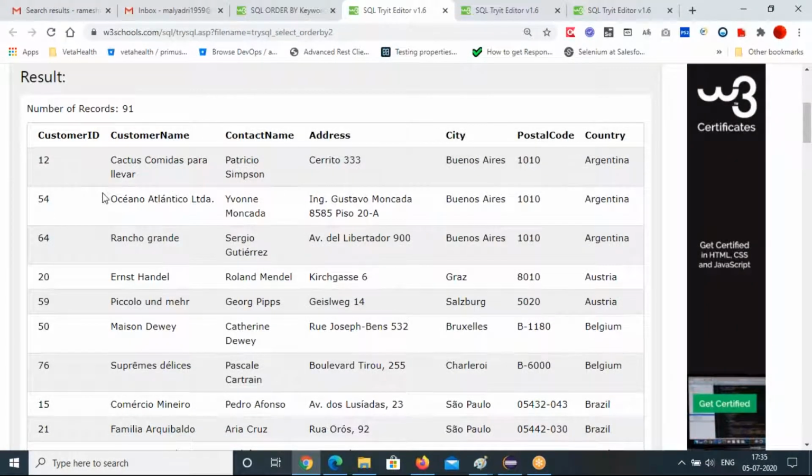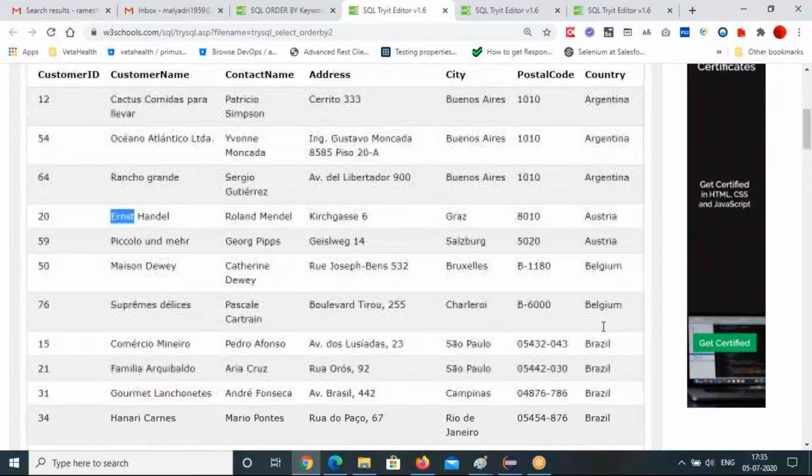My question is, customer name is not arranging in ascending order. See, first C came, then O, Y, R, then E. Only the country column is arranging.